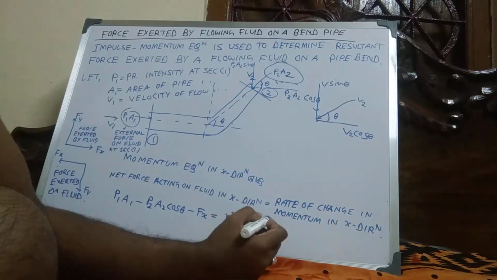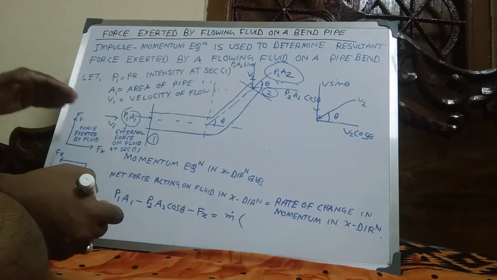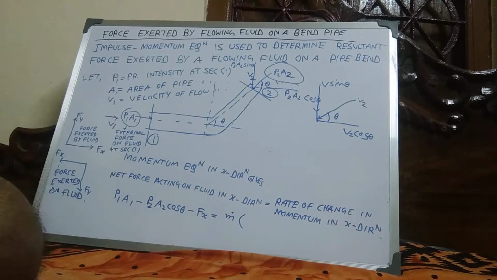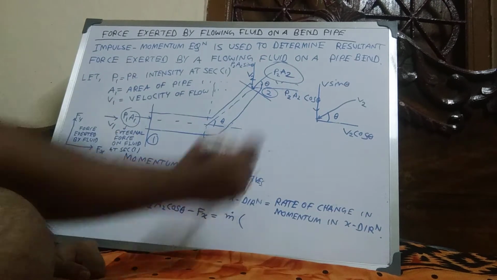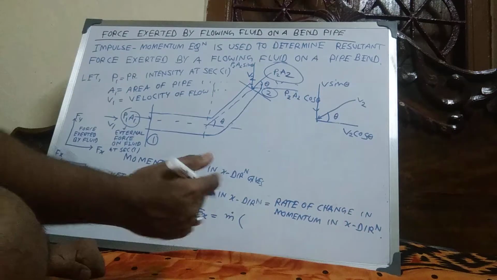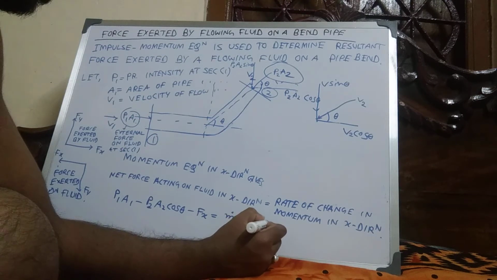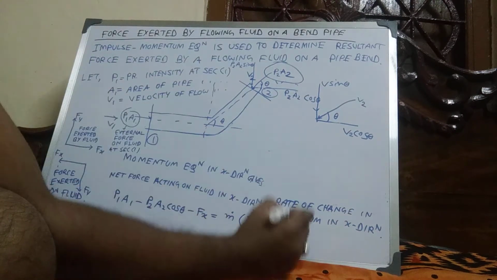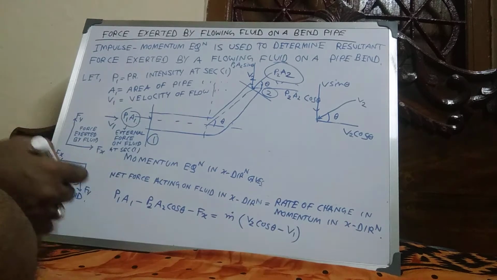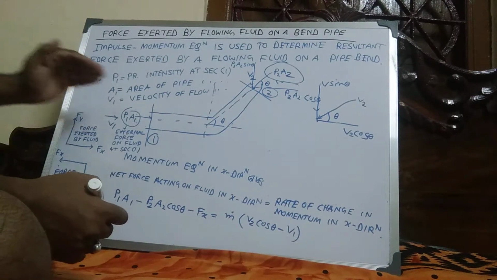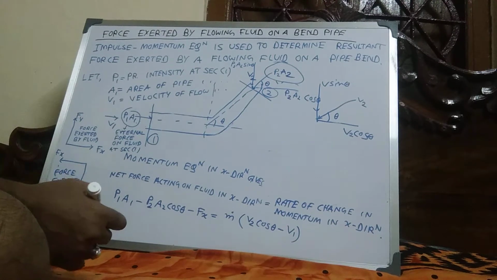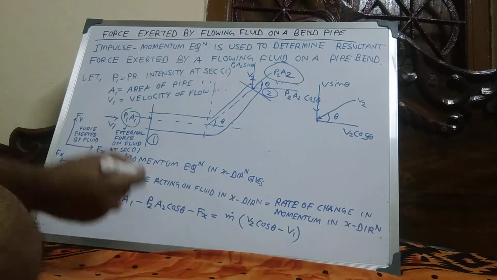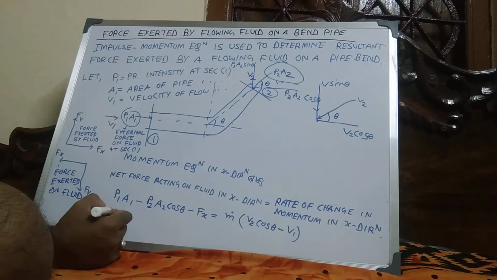So change in momentum, final velocity V2 cos theta minus initial V1. Only I consider the force, the direction. Now solve from here, we can easily solve Fx,